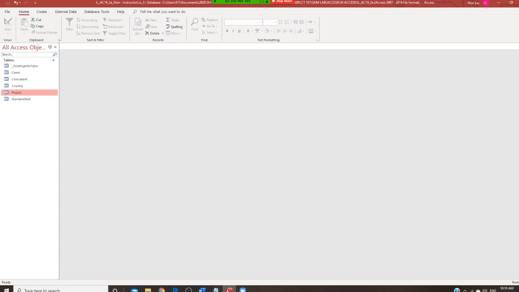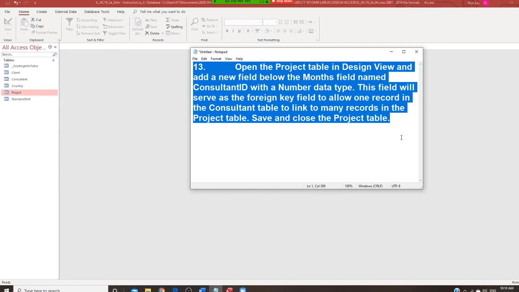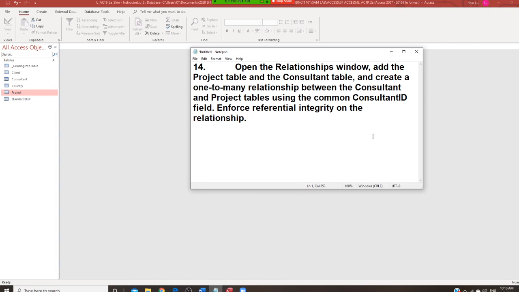Now, we are going to go to step 14 and 15, and these are very important as we are going to talk about relationship. The reason is Microsoft Access is a relational database. Relational database means every single table is actually related to another table by at least one field. So we are going to take a look at 2 tables right now. One is the project table. The other one is the consultant table. And between these 2 tables, there's one field. They share one field, because